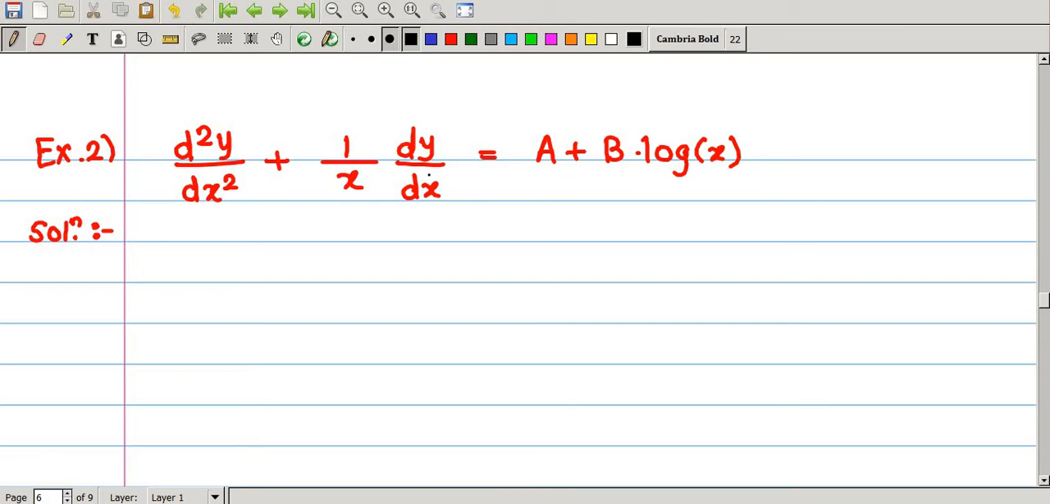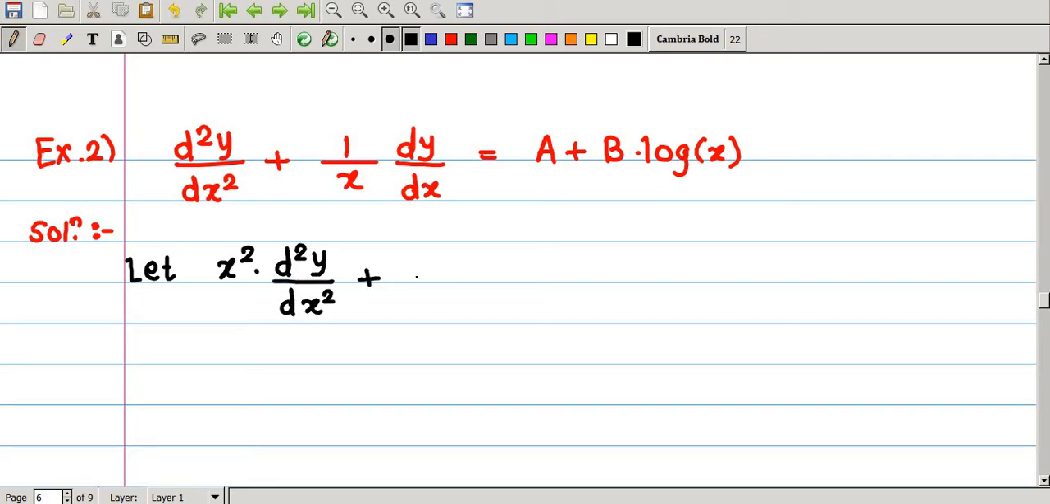plus 1 by x dy by dx equal to a plus b log x, where a and b are constants. So we consider the given differential equation once again, but we convert it into Cauchy's differential equation by multiplying x square to both sides, so that the given differential equation will be in standard Cauchy's or Euler's form. So after multiplying by x square, on the left hand side we get x square into d square y